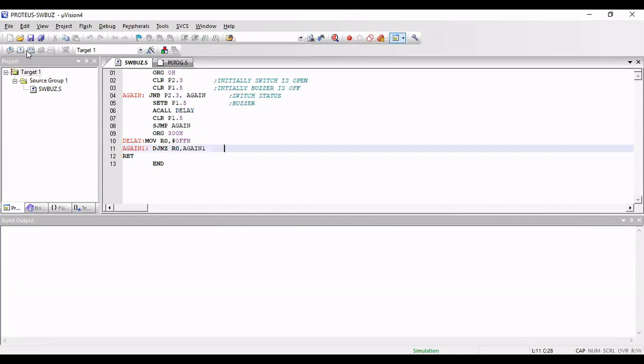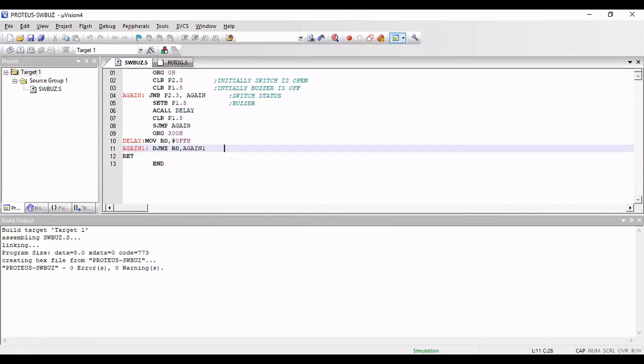So this is my buzzer program. You already know how to execute this program, right? So just save this. I've already typed the program and created a project. I've saved it. After saving, we'll go for translate. We need to translate this. Then after it is translated, we go to build it. Let us build it. You can see that the hex file is already created. The hex file is named SWBUZ, for Proteus switch buzzer, which I have given. And then the next step is to build all. So I'll be building all. This is the procedure, just to make sure that we are not having any error, right?